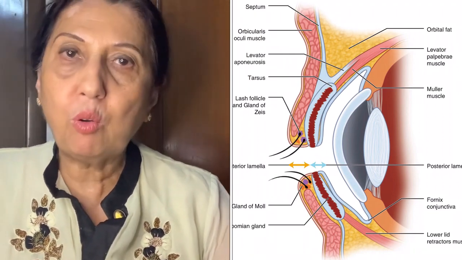Now, this is a staphylococcal infection, so it is most commonly associated with patients who have staphylococcal blepharitis. So here there is a tender inflamed swelling at the lid margin, somewhere near the lash follicle. It is red and it is painful, but there is no ocular pain and there is no diminution of vision. And usually it resolves on its own. Sometimes there may be involvement of more than one lash follicle, so multiple styes can also happen, and usually resolves